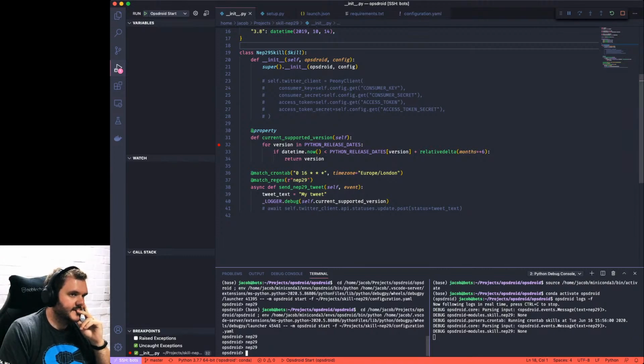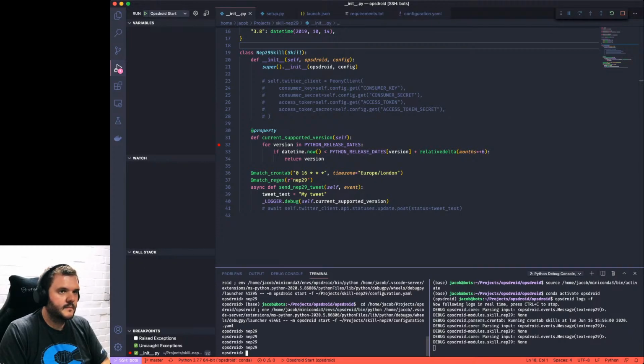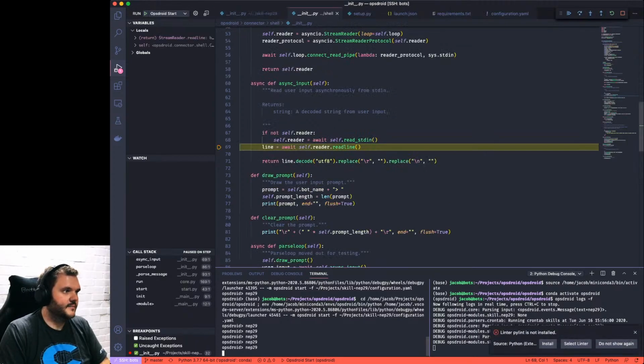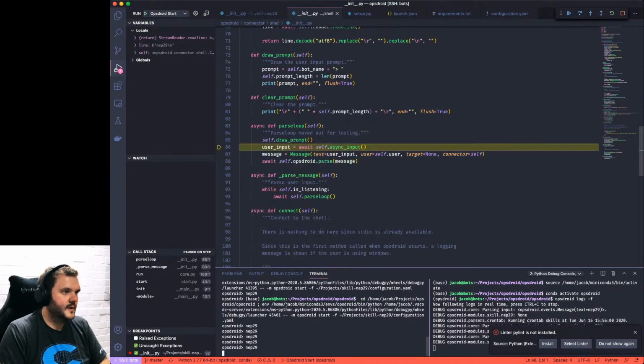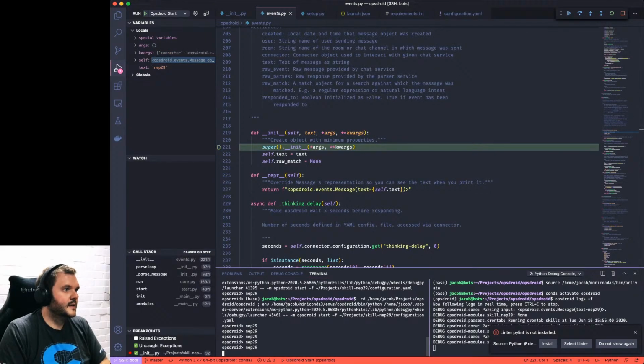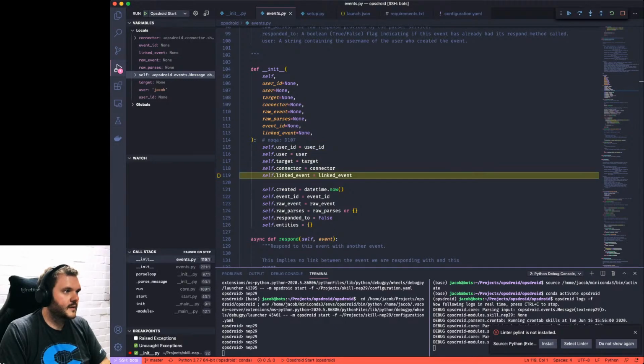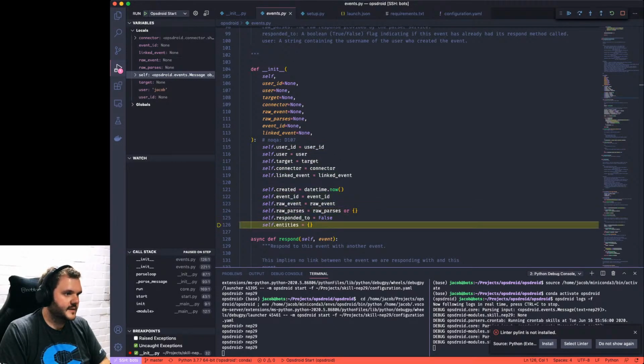Let's just pause a second and hit something. Next line. Here we go. Where have we ended up? In the shell connector. Keep going. In the shell connector. That's the message. Okay, this is constructing the message.